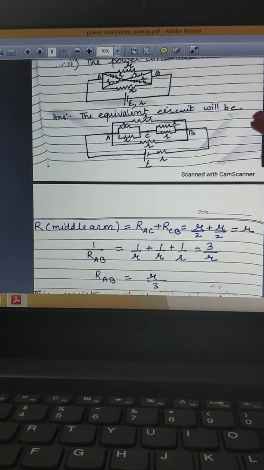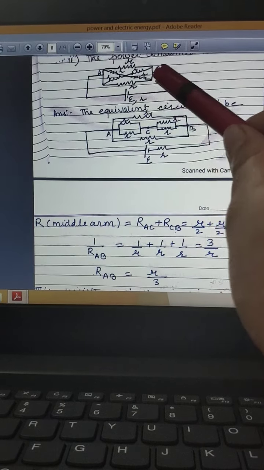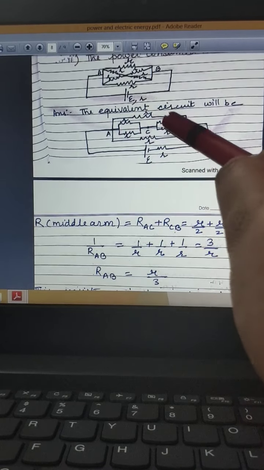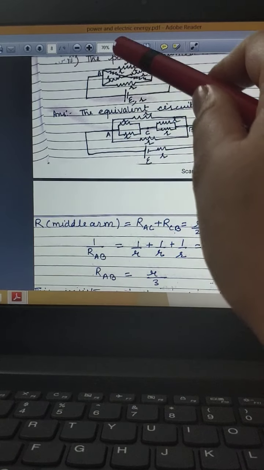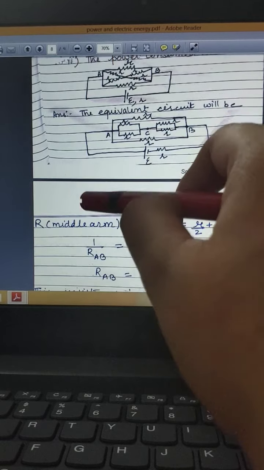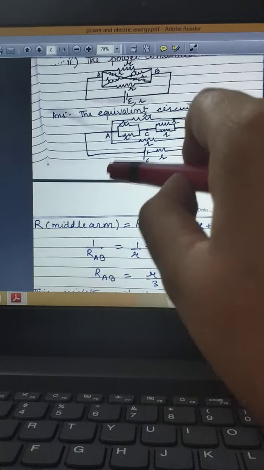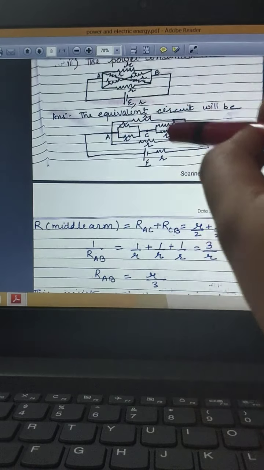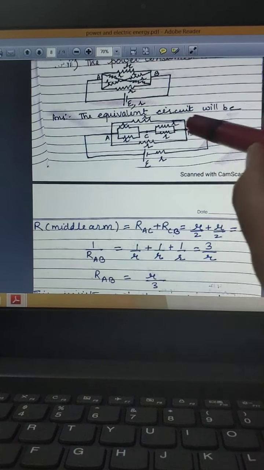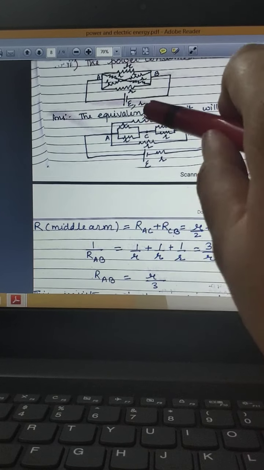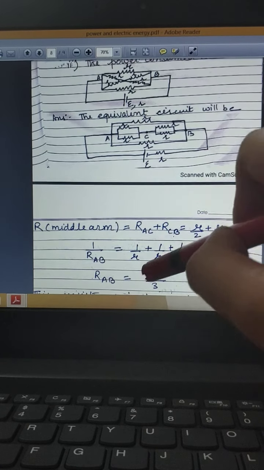So we will draw the equivalent circuit, and you can see that these R's are in parallel to the internal circuit, and in the internal circuit these two R's are also parallel to each other. So across A और C के बीच में, let this point be C. इन दोनों के बीच में हमारी जो रेजिस्टेंसेज हैं वो पैरेलल में हैं, और C और B के बीच में भी रेजिस्टेंस पैरेलल में है, and our outer resistances are also in parallel.